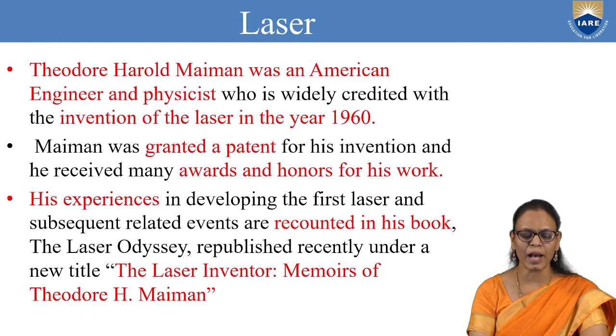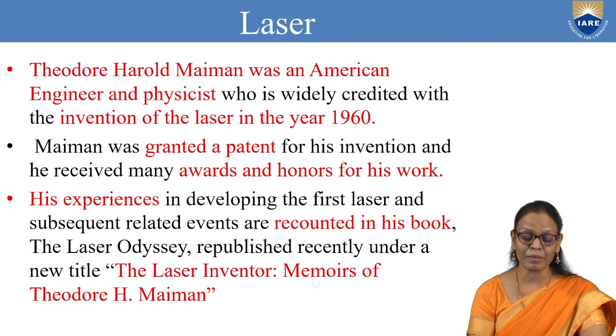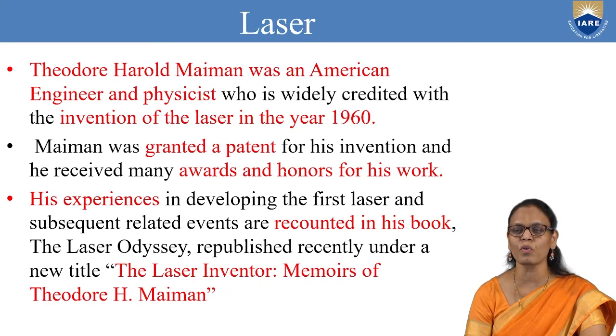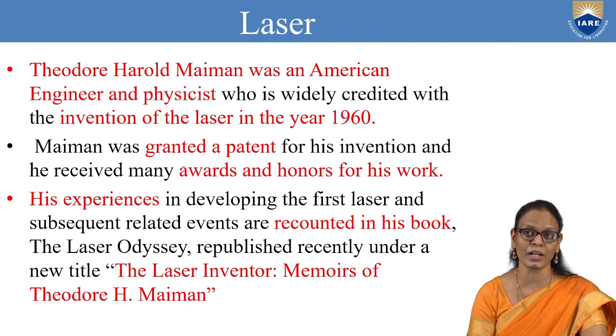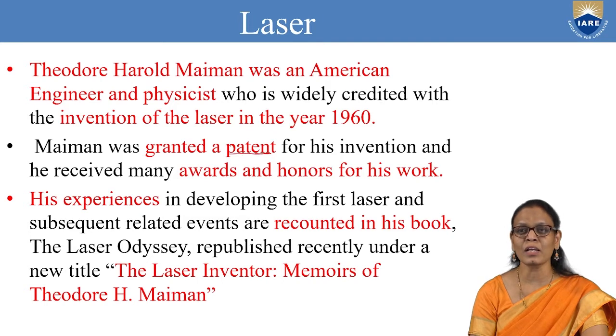Theodore Harold Maiman was an American engineer and physicist who was widely credited with the invention of laser in the year 1960. Maiman was granted a patent for his invention, and he received many awards and honors for his work because it was the first prototype of a laser that he made. Patent means here he only has the authority to use it and no one can copy it or claim it